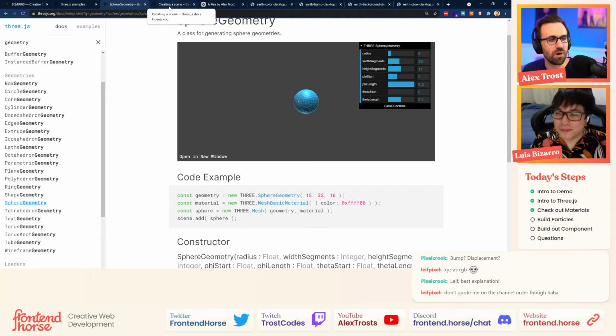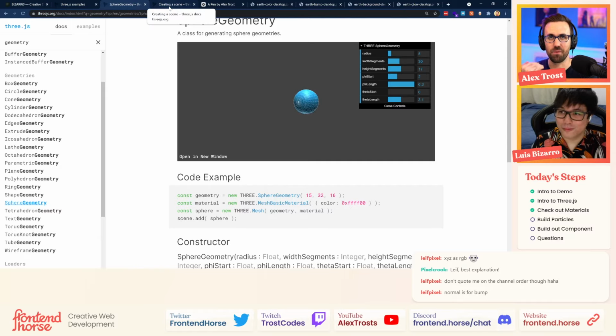And then XYZ as RGB. Oh yeah, because normal maps can also go sideways. That's the big difference: a bump map, the black and white one, can only go up and down, but normal maps can take your fragment shader in different directions, I think.